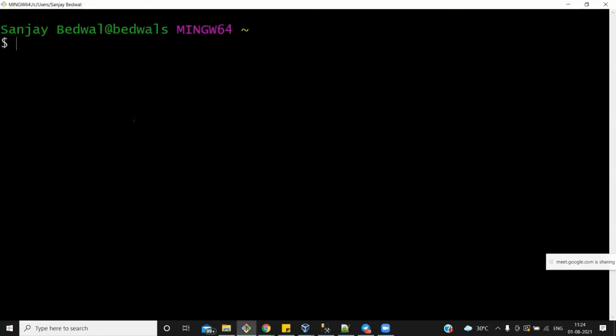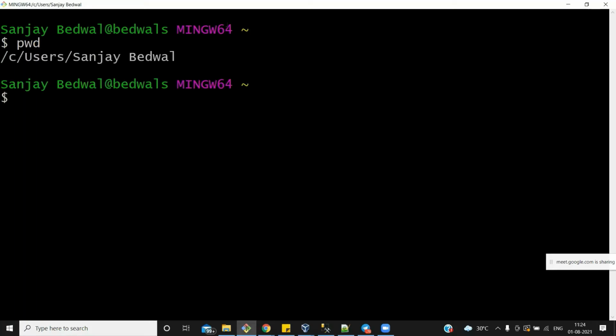Similarly, if you want to see this in Unix, you have the command pwd. You can remember this command by its meaning, which is present working directory. Let me run this command, and it is showing me that I am inside C drive, users, and Sanjay Bedwal.